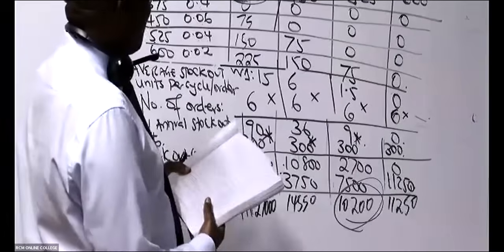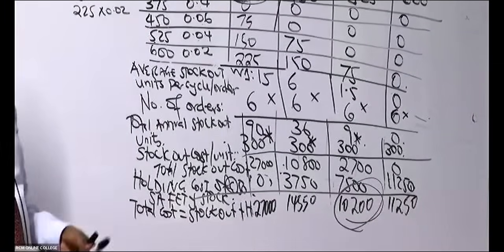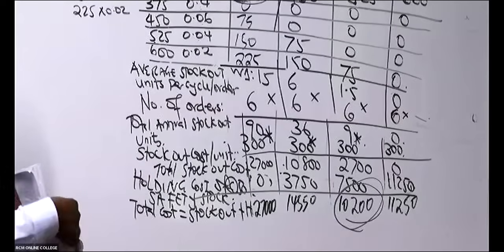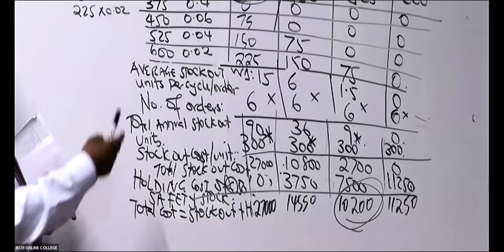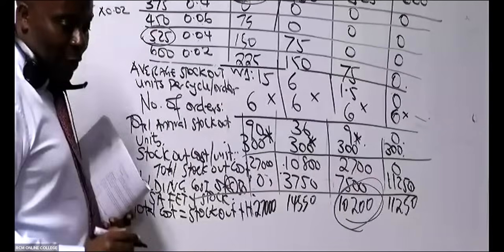The last statement is about the probability of running out of stocks. It's normally the very easiest. Because you have just advised us that we need to stock how many units here, somebody? We need to stock 525.